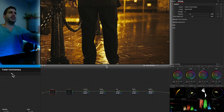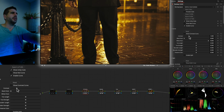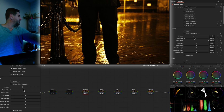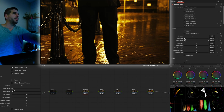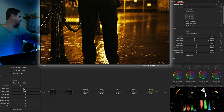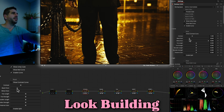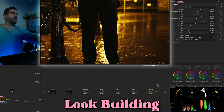So we're going to hop over here, and this is where we're really building our look out. So we have our curve enabled. We're just going to bring up the contrast. Now we're going to have to go back to our shot level balancing and deal with some of the issues that this raises. But we'll bring up the black point here. This was the other look at the bottom, just to get us in the ballpark with how we want to play with it. And then we got to remember,